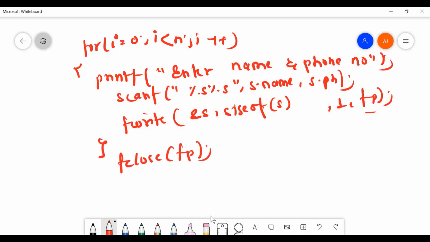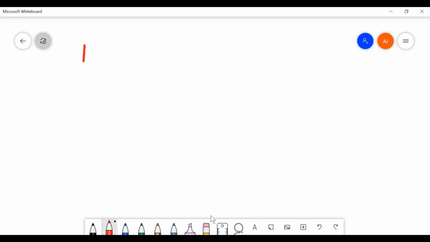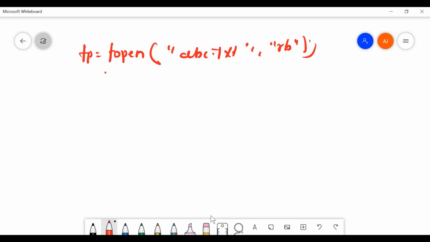So what I have done till now, I have opened a file known as abc.txt and written my information here. Again what we have to do, we have to open this file and read the content or the information. Okay, so it's very easy. So we'll open the file, fp equals to fopen. In which mode will we open? We'll open the file in read mode. Again the error condition you can check, if fp equals to null. So again I'll be leaving this for you.